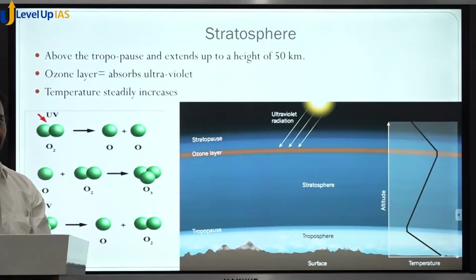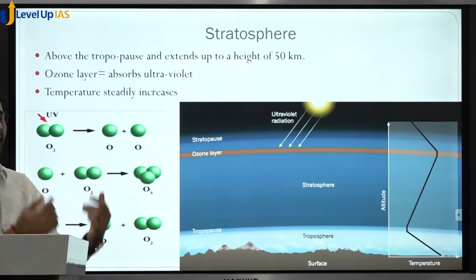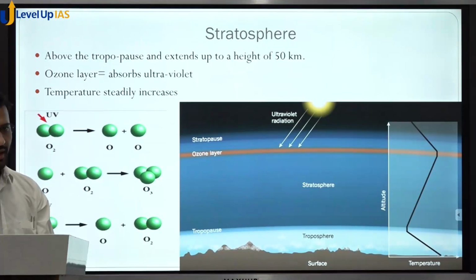Now, understood this part? Now next is the stratosphere. The stratosphere is the next layer after the troposphere. Here you have oxygen present as one of the agents in this region, and here you have the presence of ozone. The quality of ozone is that it absorbs shortwave radiations of the sun, so it saves life on the earth from harmful solar radiation. Okay, if ozone is not there, we will have skin burning and skin cancer will be more.